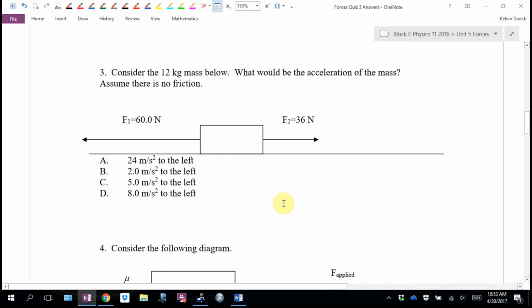Number 3. Lyndon, who's winning? There is no friction. That's why it says assume there is no friction. Nice try. F1. Who's losing? So I think you're saying, Mr. Duick,